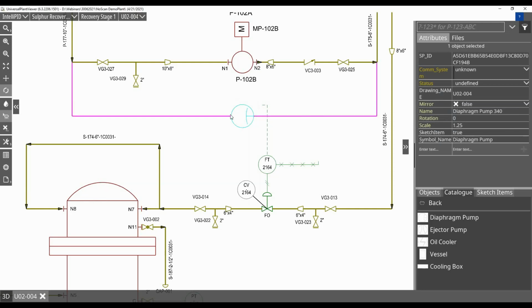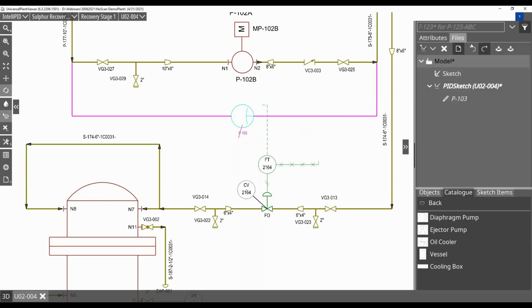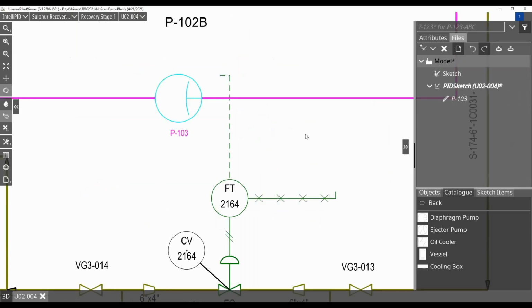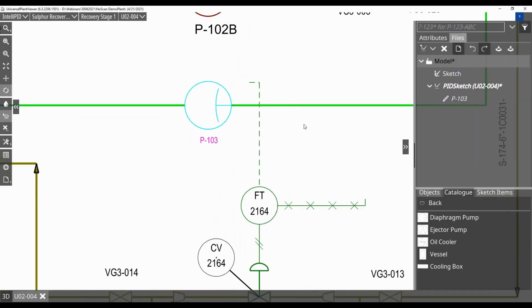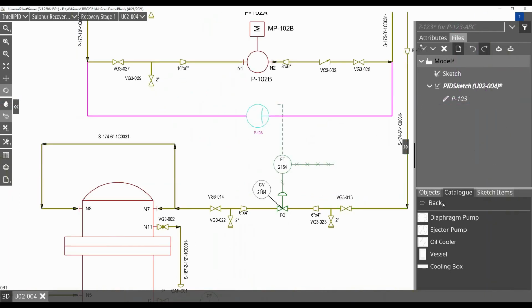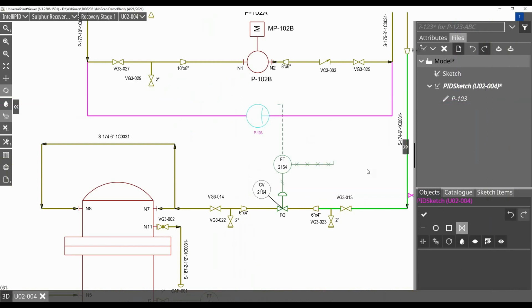And of course, we can give this pump a name. We could call it P103. And then we could use the label function, which means we can drag the name and place it down here. And if we don't want to see this little line, which we call the leader line, we can just deactivate it by taking it away from the list of items over here. So as you see, we placed our new pump, we placed the label, and we can continue, for instance, to